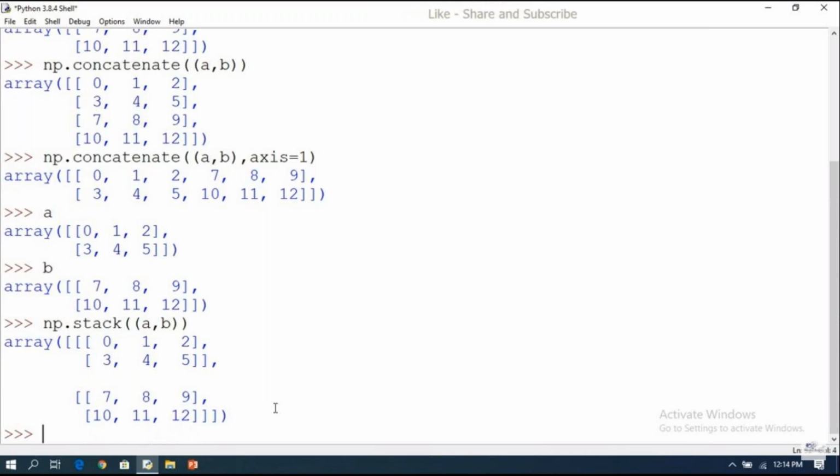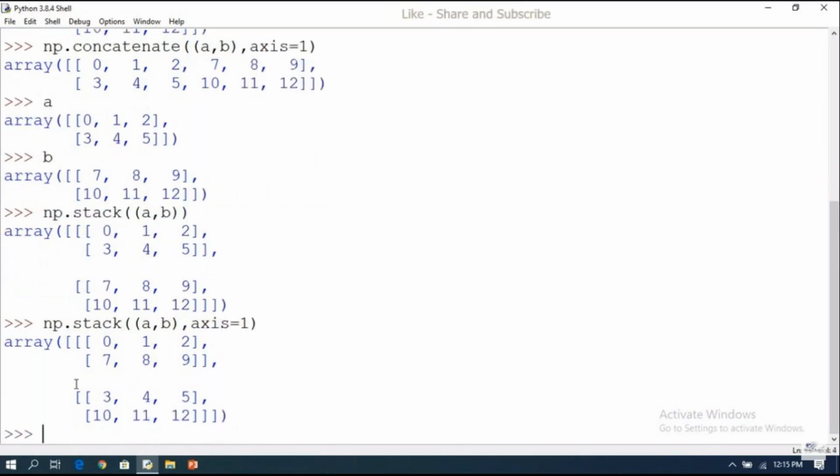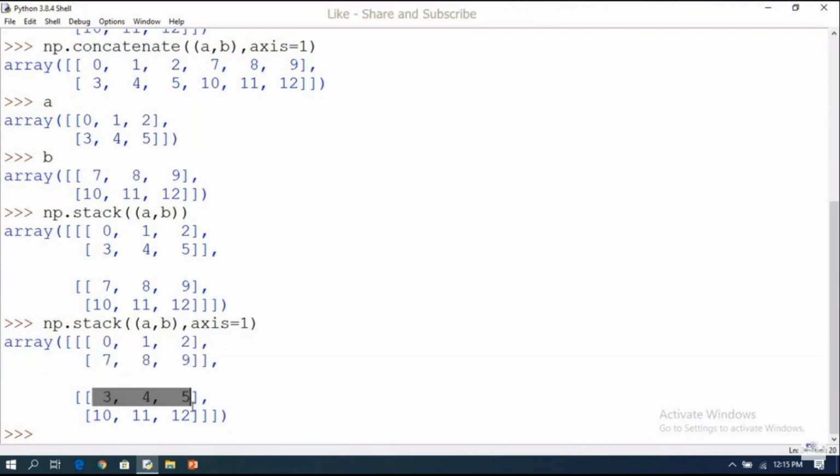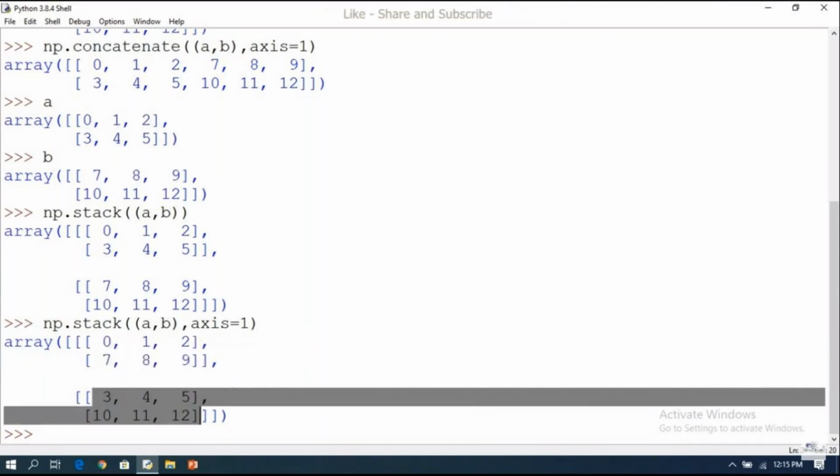And now here also we can have the axis, one more parameter for this one. So that is an axis. Here also the same thing. If you are going with axis 1, first the rows will be joined, and you can observe here. So if you are using axis as 1, the first row of the first array and the first row of the second array will form a 2-dimensional array, and the next element is again the second row of the first array and the second row of the second array.